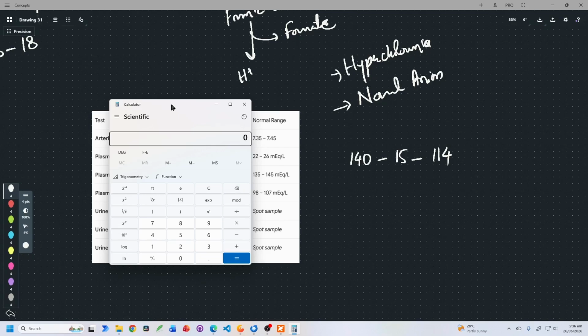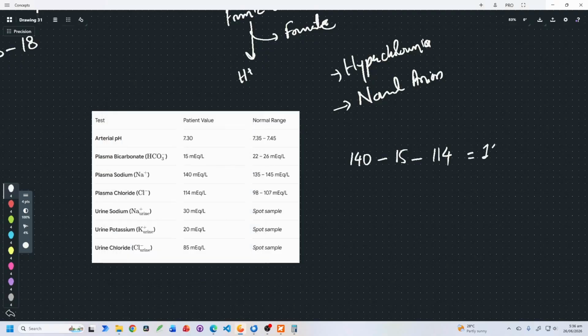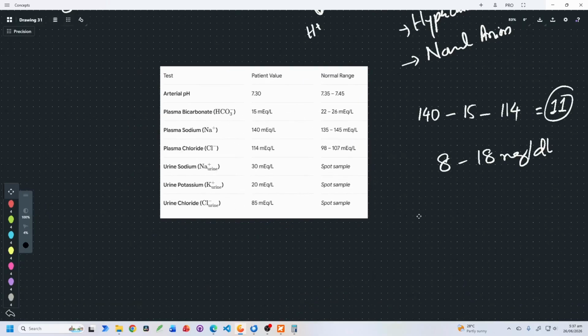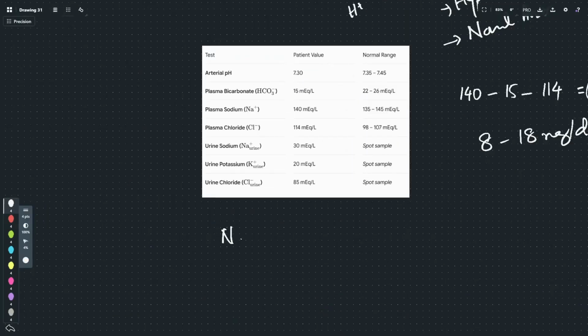So 140 minus 15 minus 114 is 11. As I've told you, the normal range is 8 to 18 mg per dL, so it is 11. It is still in the normal range. So it means that we should actually call it normal anion gap